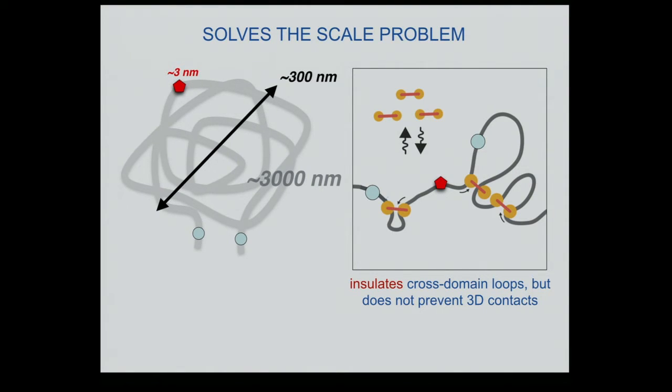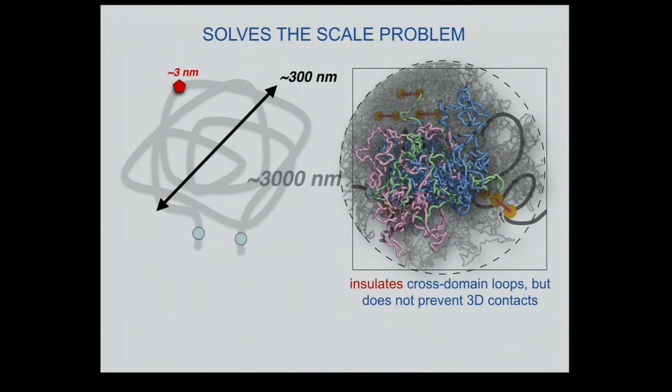And if you look at the 3D picture of some of these domains, these are three neighboring domains, the pink, the green, and the blue. They interact a lot with each other. Nevertheless, they give me maps consistent with Hi-C maps in the frequency. So you need just to reduce this frequency by maybe two to threefold, and that's enough to get the agreement with what we see in the Hi-C data.